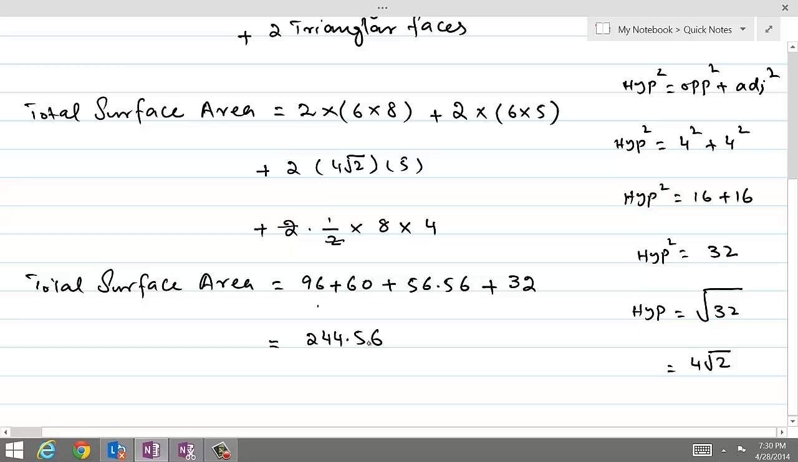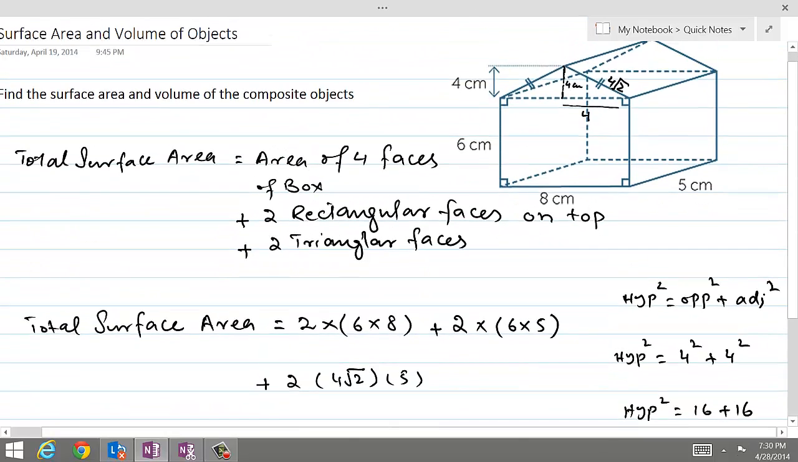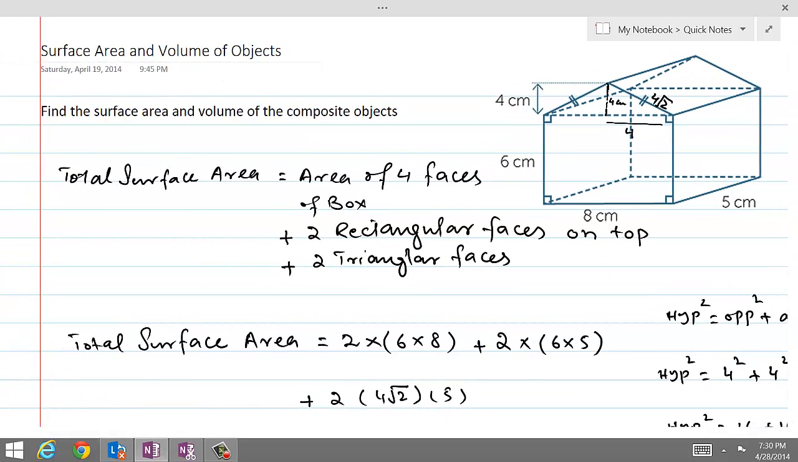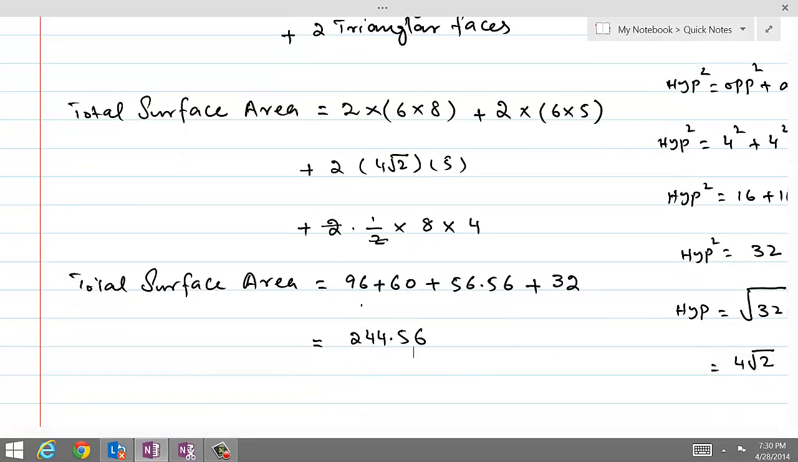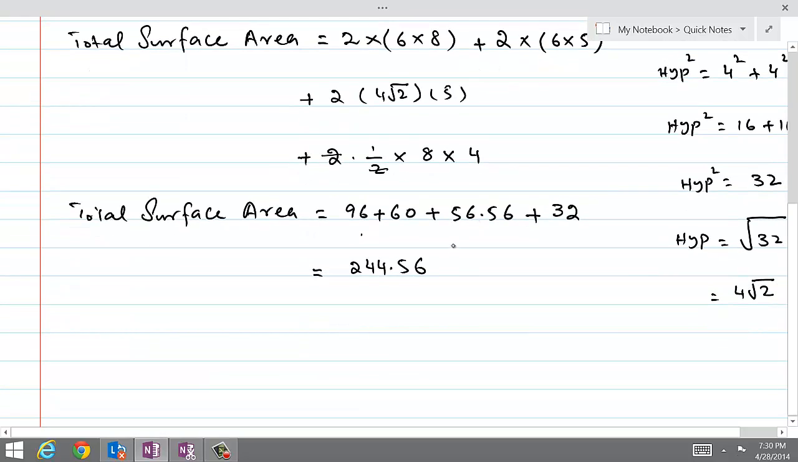244.56. Because this is area, this must be squared units of length, and if the lengths are given in centimeters, this should be squared centimeters. This is surface area, and if we want to calculate the volume, we will similarly calculate